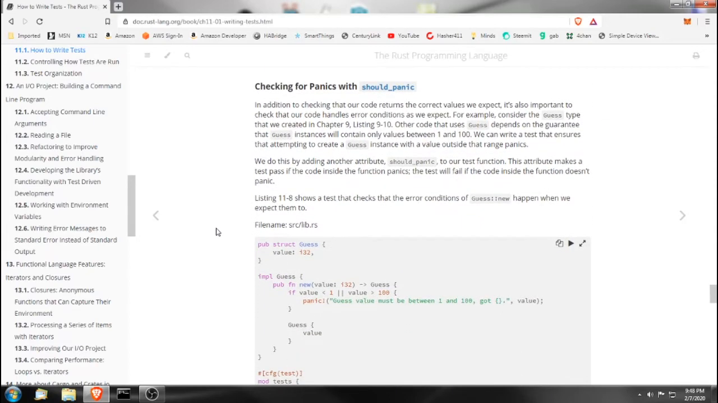Checking for panics with should_panic. In addition to checking that our code returns the correct values we expect, it's also important to check that our code handles error conditions we expect. For example, consider the Guess type that we created in chapter 9, listing 9-10. Other code that uses Guess depends on the guarantee that Guess instances will contain only values between 1 and 100. We can write a test